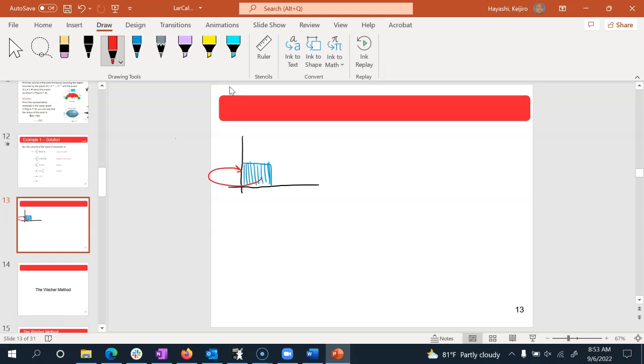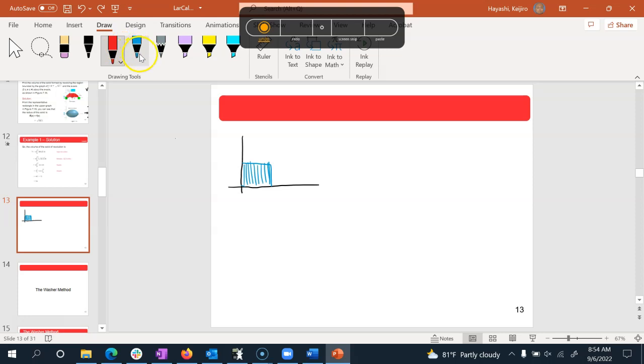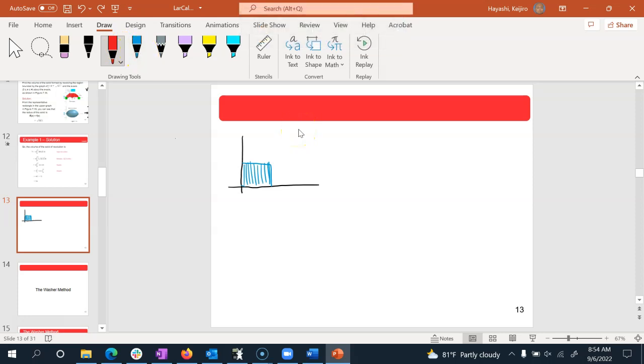Forms a neat little cylinder shape. But there may be other situations, and we'll talk about this after we talk about the washer method,